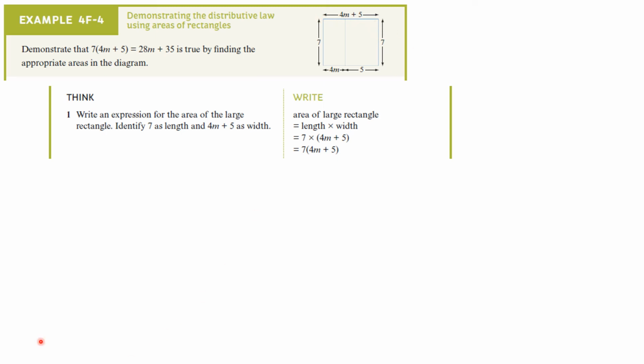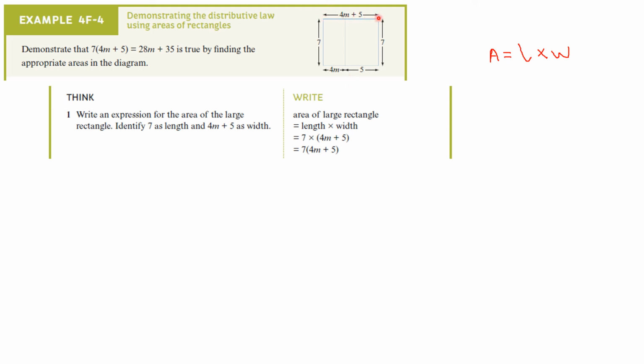Now, area of a rectangle, for those of you that perhaps have forgotten, is length times width. Okay, it doesn't matter which side is length and width. Okay, you're multiplying, so it doesn't matter even if you switch positions, you'll still get the same result. So here they've shown that